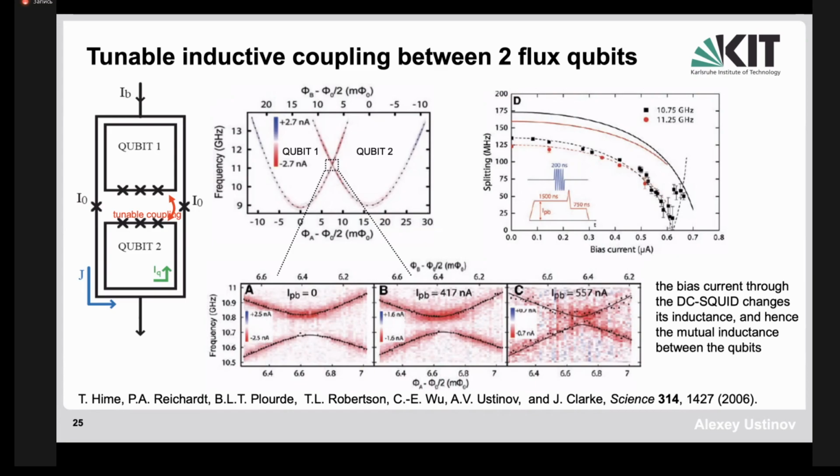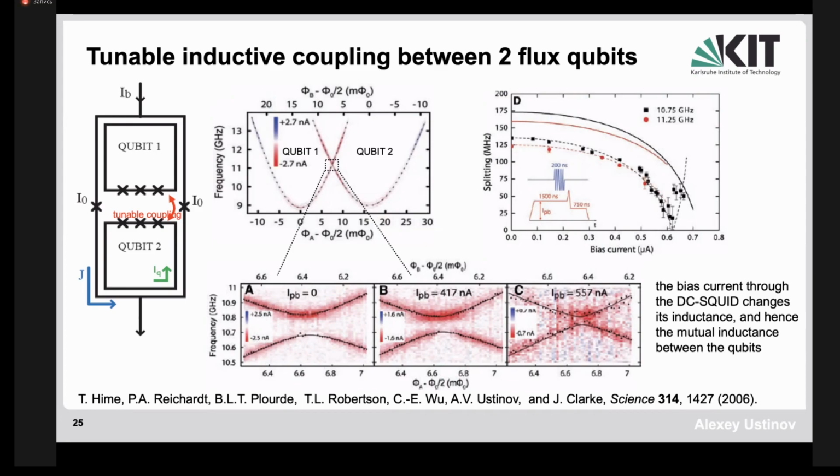Now, if you enclose this in a superconducting loop with two Josephson junctions, this is again a SQUID, but these are just bigger junctions here. Then each qubit is inductively coupled to that loop. So if you send the current here in this qubit, then there will be opposite current generated in the SQUID. So this will be negative coupling to the SQUID, and then it will also be negative coupling between this SQUID